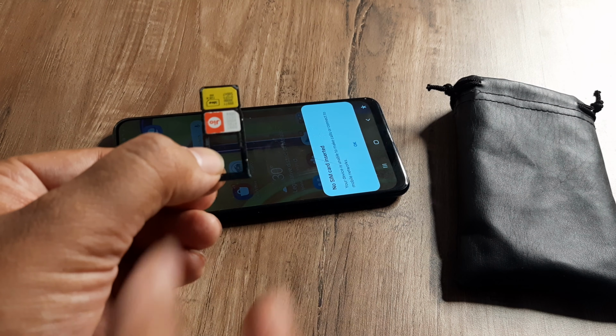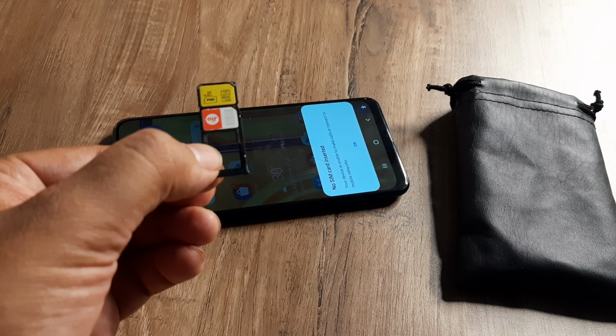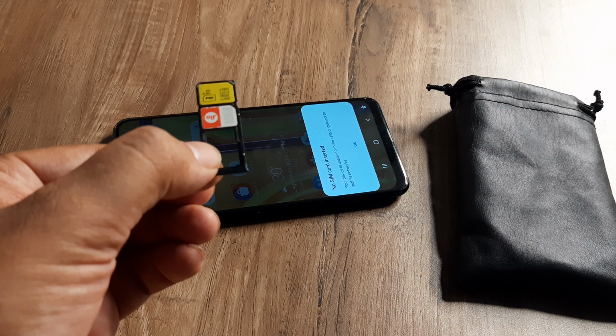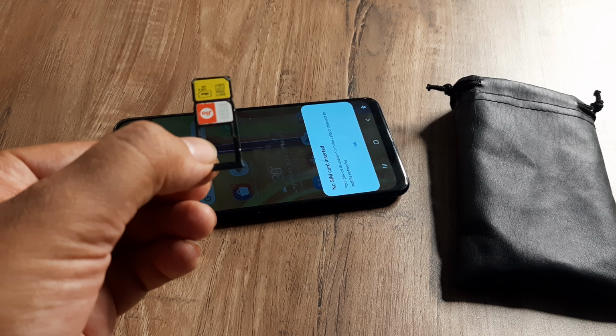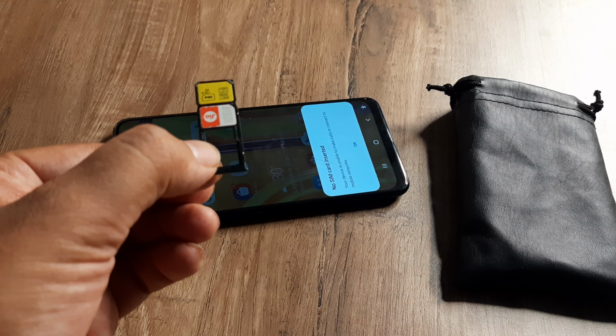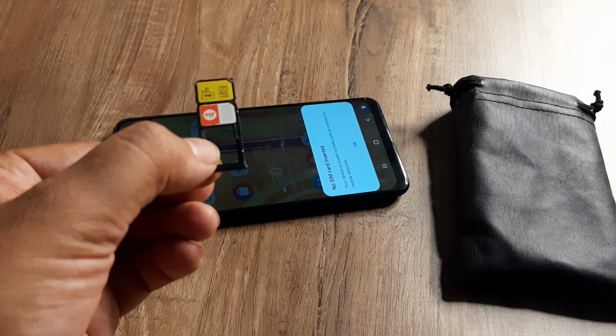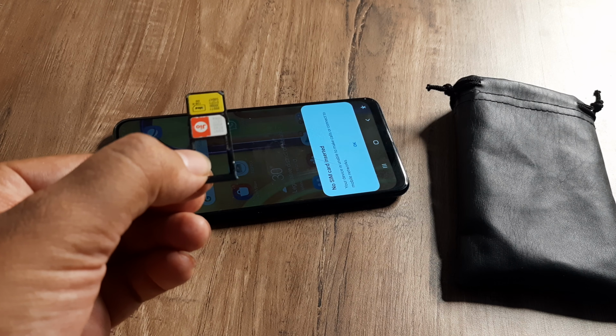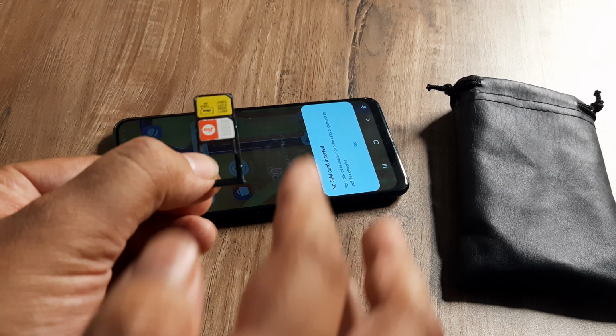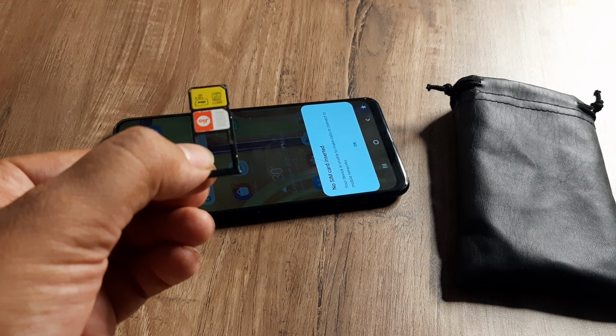So you see the Geo SIM that I have put here, it basically only runs on a 4G network. So it's like the Chinese being put in China. If you put them in Japan, maybe they won't work. So that way you need to be very careful of the SIM that you put, and you should be knowing whether the SIM slots in the SIM tray are compatible with the SIMs that you have inserted.